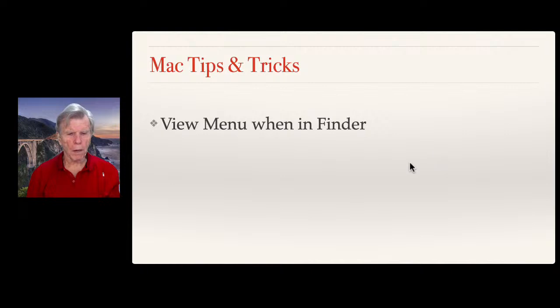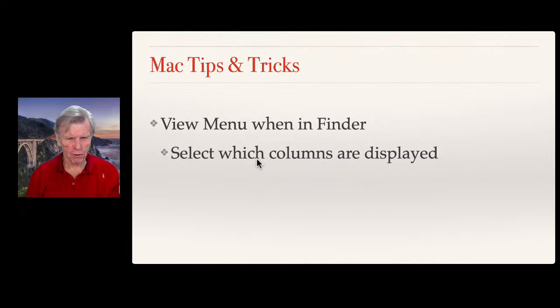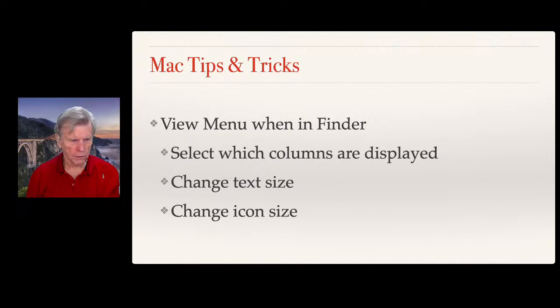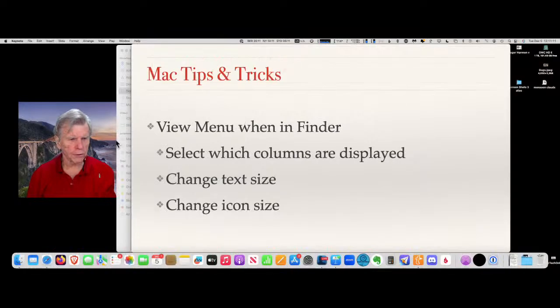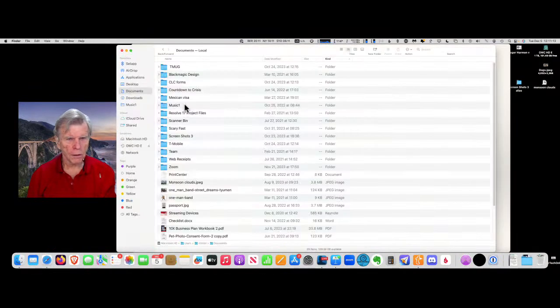So in the View menu, when you're in the Finder, it only works when you're in the Finder, you can select which columns are displayed. So you can also change the text size, and you can change the icon size. So let's jump back into the Finder, and we're going to go into our documents,